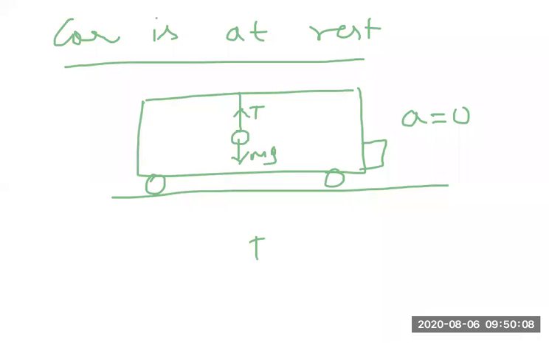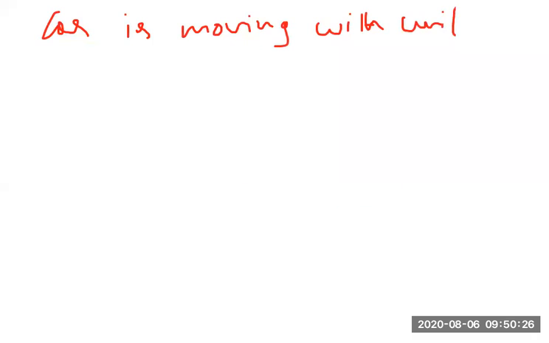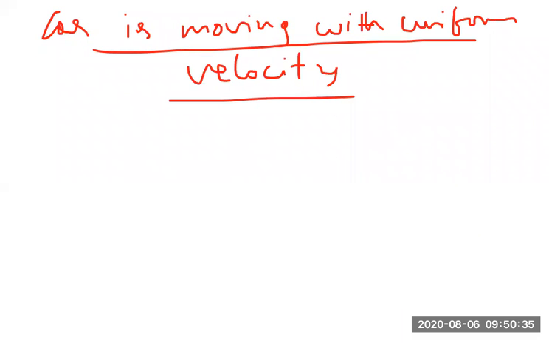Here T is equal to mg, tension in the string is equal to weight. There is no discussion at all here. Suppose they told the car is moving with uniform acceleration. Sorry, the car is moving with uniform velocity. So now, car moving with uniform velocity means, whenever you see uniform velocity, there is also acceleration